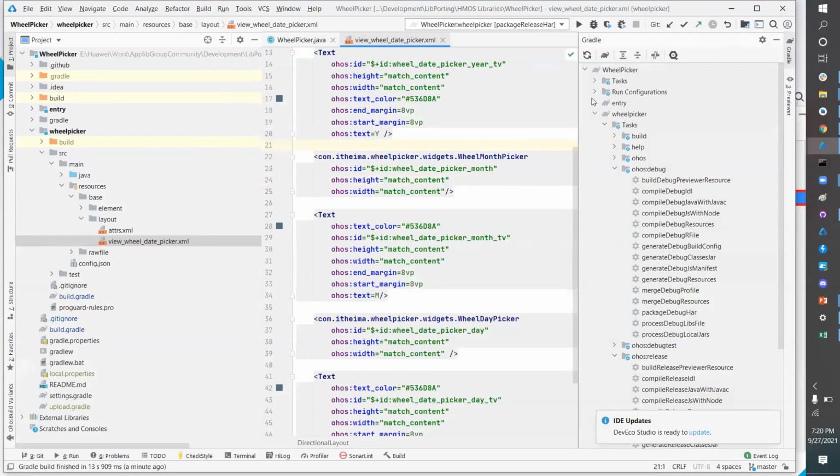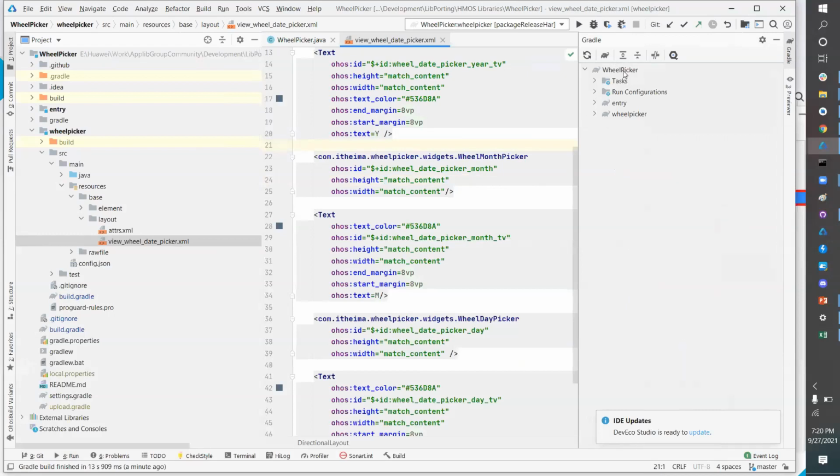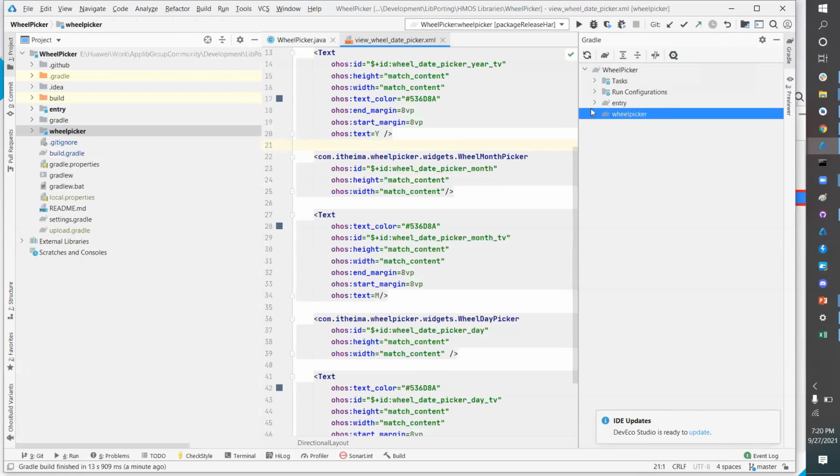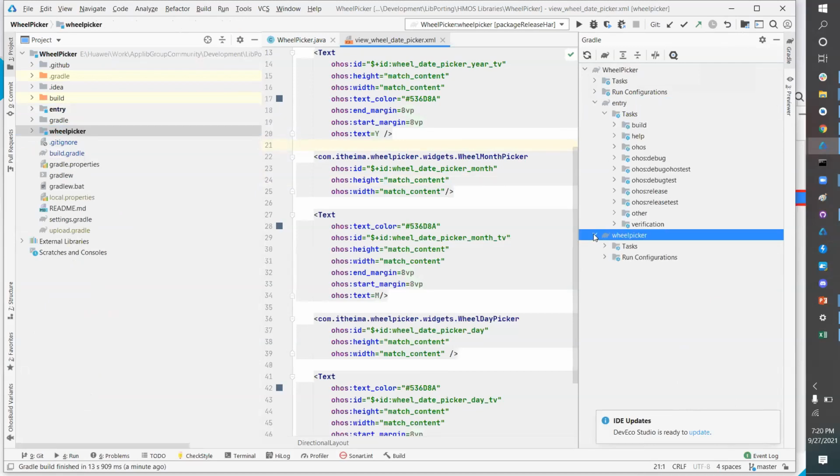When you click on it, you will find all the Gradle related tasks for different modules. Like we have right now in our project the entry module and the wheel picker module. So we see two entries over here, one for entry and one for wheel picker. Here in our case, we are more interested in wheel picker, which is our library.